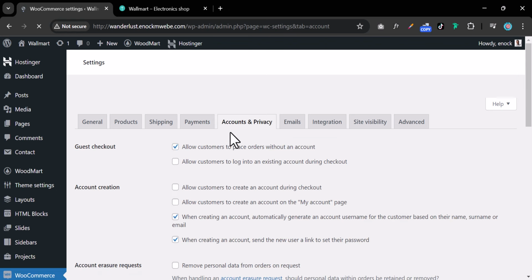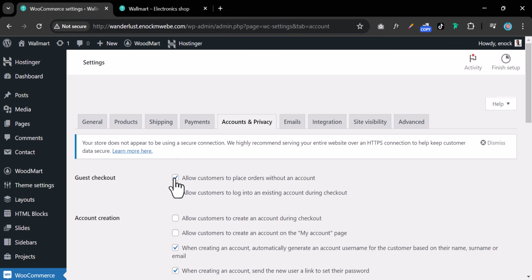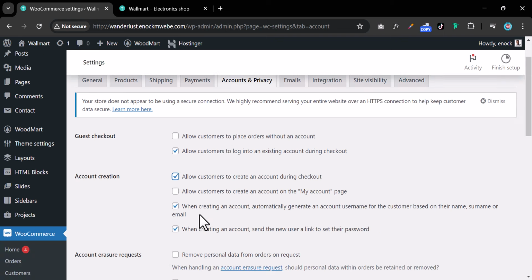So under Accounts and Privacy, I'm gonna disable these: allow customers to place orders without an account. I need customers to have accounts because I need a way of reaching out to them, marketing to them, and all that. So all I would do is allow customers to log into an existing account. Yeah, so they can create an account during checkout, and they can also create an account at the My Account